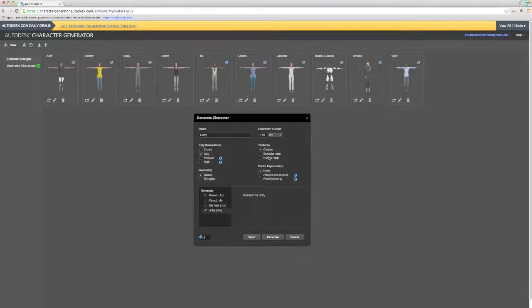Because we designed a custom texture map, I'm not going to download the normal map because that would generate a normal map from the original texture map. I'm also just going to leave off facial blend shapes and the facial bone rig, but if you'd like to do facial animation in Maya later, you can do that. Okay, so I'm going to go ahead and hit generate,